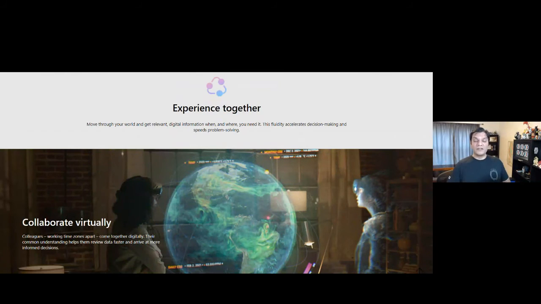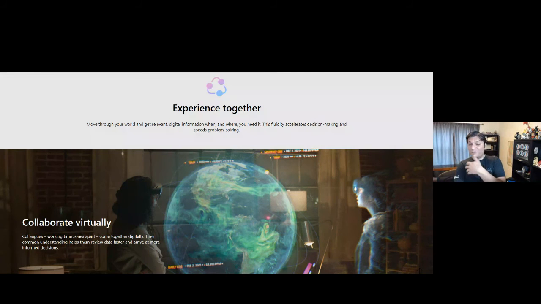And Mesh is going to take it one step further, where you can have the concept to go ahead and do problem solving together at a global level. So I was pretty impressed with Mesh. I'm looking forward to seeing what it's going to do. I believe it'll probably come out in a few iterations, and they're going to tweak it all the way. But it's going to be pretty neat.